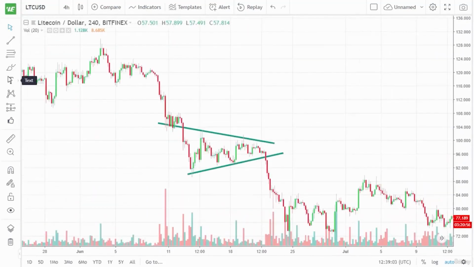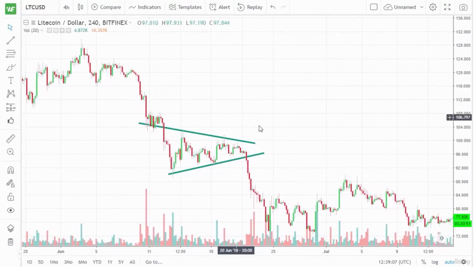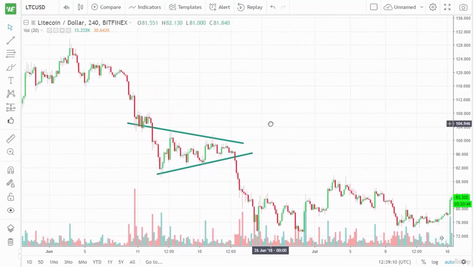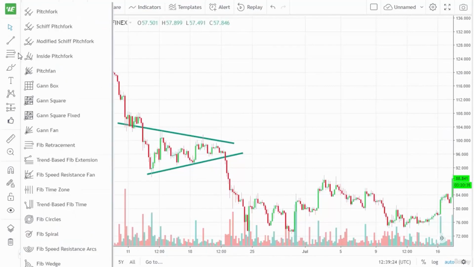So let's take a look at a symmetrical triangle in the Litecoin 4-hour chart. Now let's just say you missed the move, so what do you do with this? Do you just watch it go by, or do you look for the next potential setup? Well, luckily, since you have identified this as an area that has caused this shift in perception, if you will,